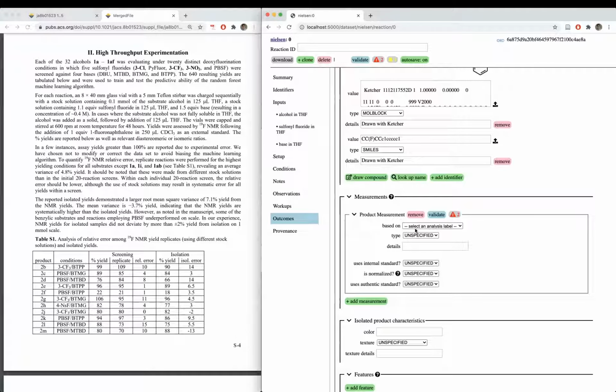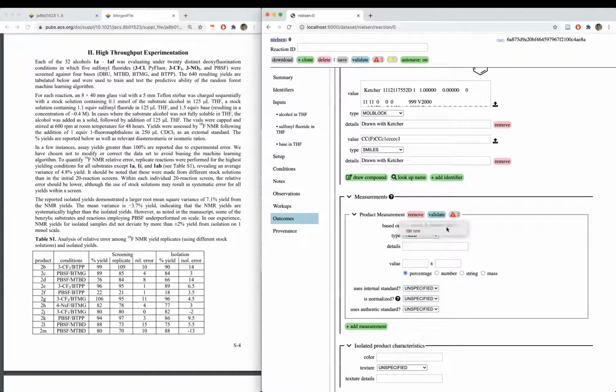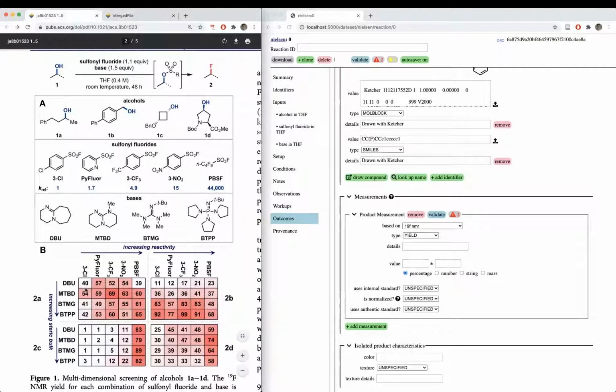So these product measurements need to be linked to a specific analysis that was used to get that measurement, right? So here we're going to be quantifying the yields based on our 19F NMR analysis, right? You can see that's the only analysis we have to choose from. If we had done a lot of different characterizations of this, maybe we would have one method used for identity, another method used for yield. And so it's important to know which analysis was used for which type of characterization. The value of the yields, if we go back to our figure 1, again, this upper left corner is the template we're still working with. That's going to be